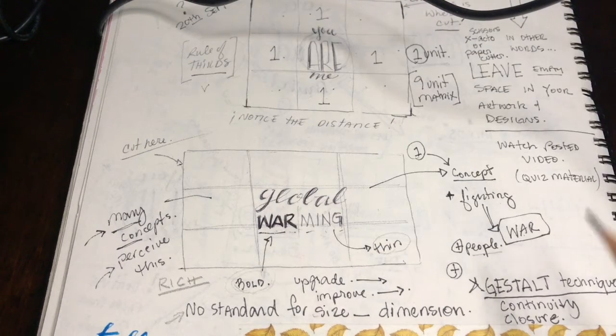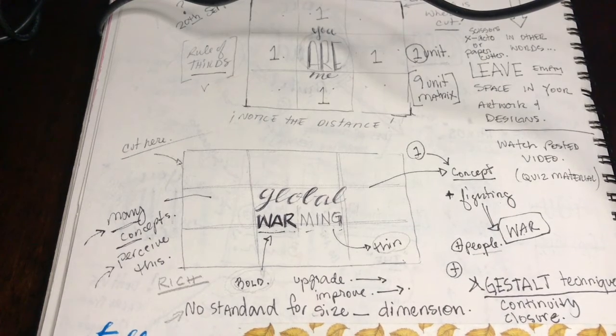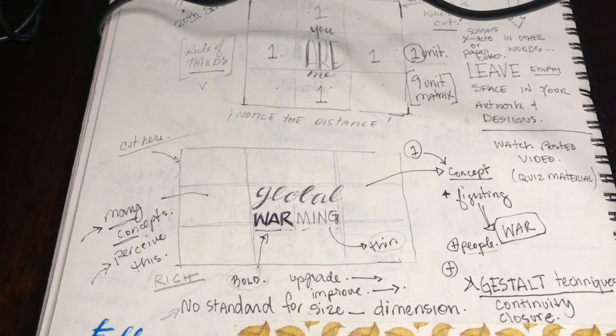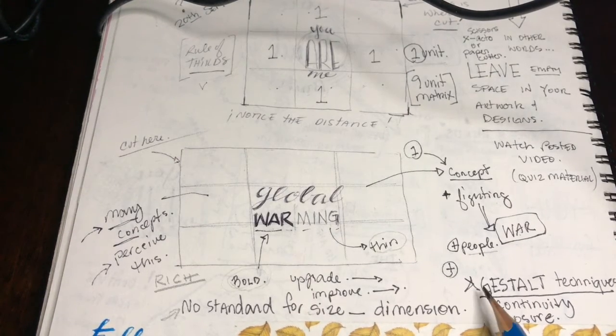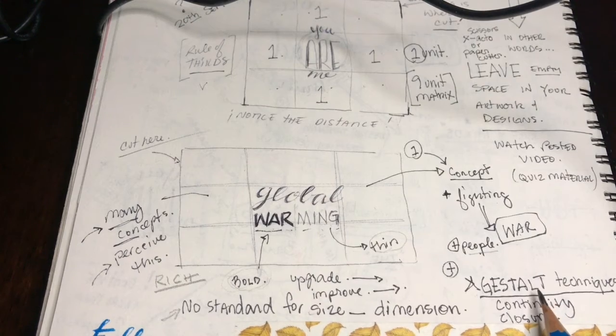I also wanted to let you know that there are several students, and I think I showed some examples of them, that are actually using pretty complex rules of design, in this case, Gestalt techniques of continuity and closure. I think Natalie had an example with her Generation Y design, which was really excellent. So keep this in mind